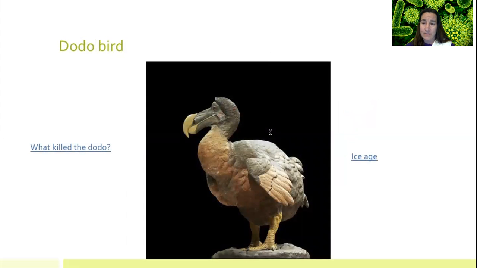Birds that are not thriving anymore. This guy, the dodo bird. The dodo bird was, you can see, he's got very small wings and very large legs. So he was landbound, and some of the first colonizers discovered them, noticed how tasty they were, and ate them all. And so we were responsible for killing off the dodo population.